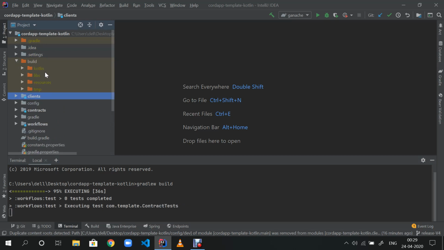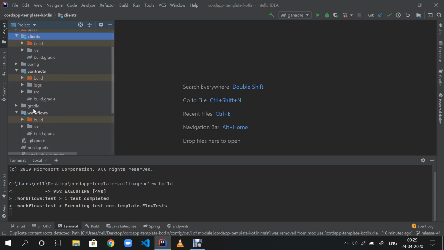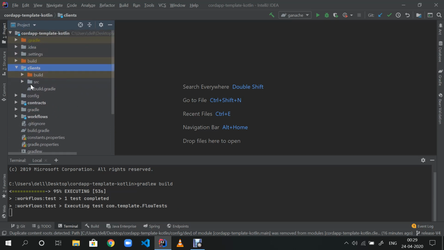See, a build folder where you will find the information regarding all the resources in clients also, in contracts, and in workflows. Everywhere a build folder will be formed, and it will contain the information regarding the nodes or other components of Corda.